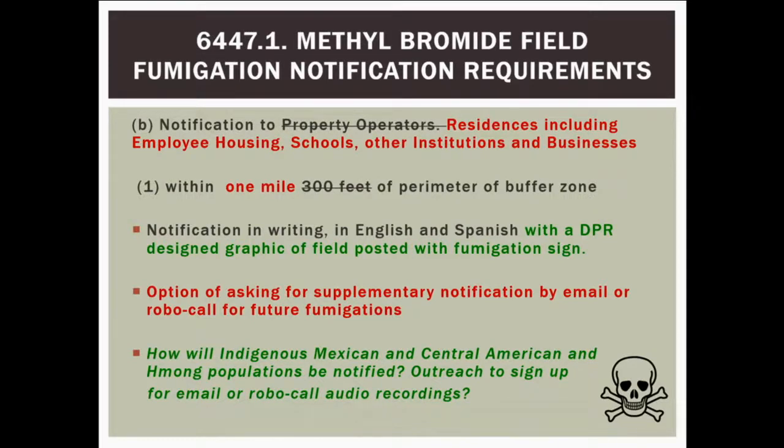And people who receive notice should have an option of asking for supplementary notification by email or robocall for future fumigations. And this would be particularly important for people with limited English or Spanish literacy. And we think an unfinished problem is figuring out a really good way to notify indigenous Mexican and Central American populations and Hmong populations who need notification in other languages that may not be written languages, and that some sort of outreach for sign up and with robocalls might be an idea, but we need to get